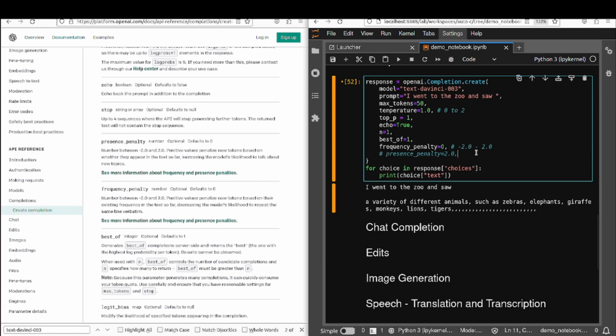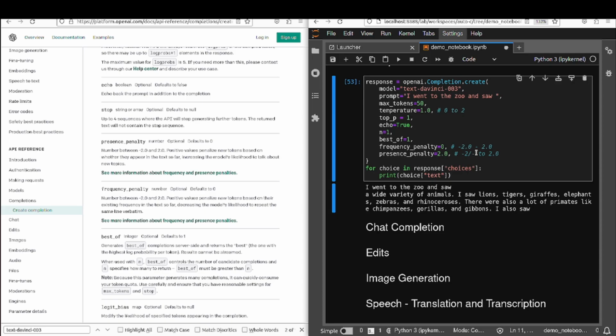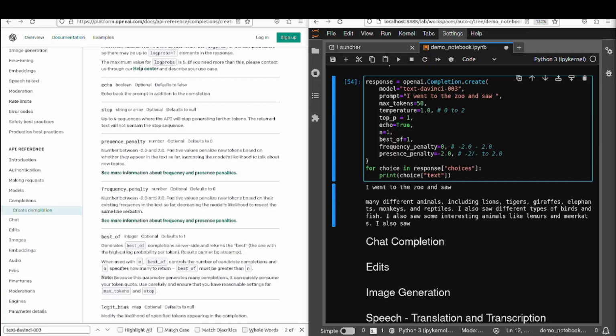So presence penalty is similar to frequency penalty, but presence penalty applies to all the tokens that have been sampled before, whereas the frequency penalty is something that considers each token separately. The presence penalty also ranges from -2 to 2. And let's see what happens if we run the presence penalty at 2.0. So when the presence penalty is -2,